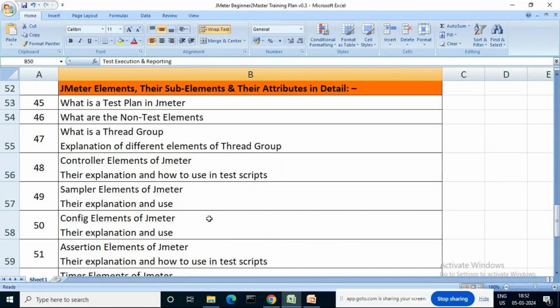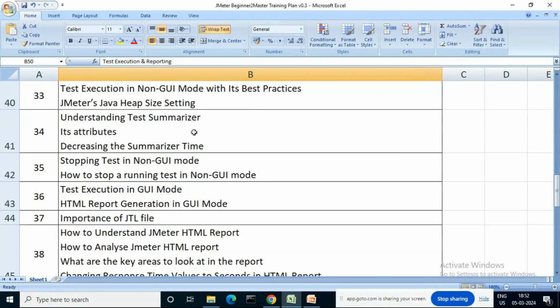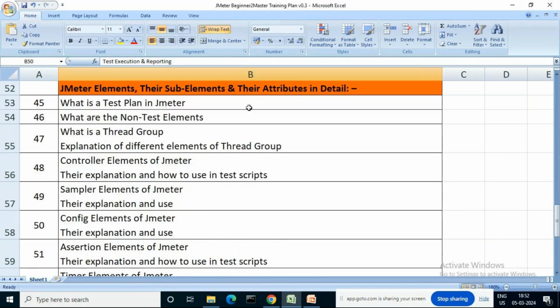Then comes the JMeter elements, the sub-elements, and their attributes in detail. Here we are going to cover the different elements again, guys. Over here we would have used some of the elements, right? Here we are going to see each and every element inside JMeter. So test plan, what the non-test elements are, what a thread group is, and an explanation of the different elements of thread group. We will see different types of thread group, controller elements and how to use them. The different controller elements we are going to see, sampler elements and their different types, then the config elements,